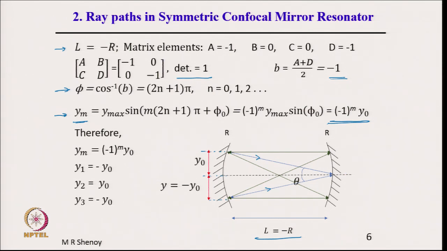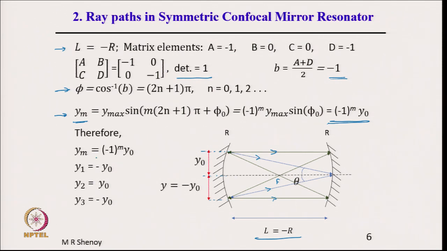A second type of ray which we saw that is also possible is a ray which travels from here parallel to the axis. If it is parallel, then after reflection it will pass through the focal point. So, this is the focal point midway, and therefore, from the focus it continues here, and any ray coming from the focus will be rendered parallel. So, this is what we had already seen, and from here of course, a parallel ray will pass through the focus, which means again after 2 round trips the ray comes back to its original position.